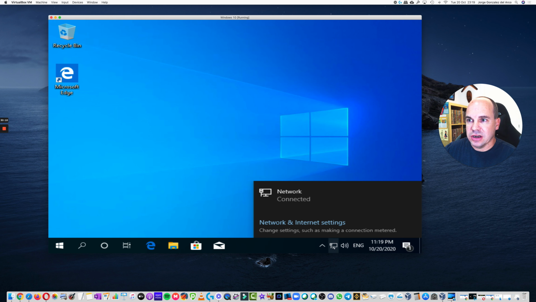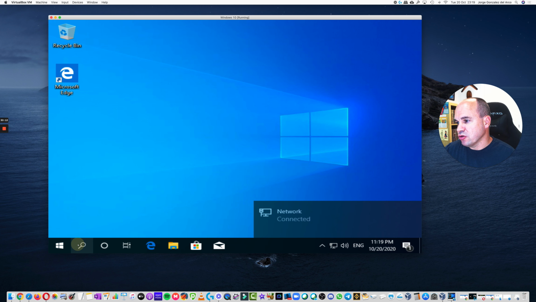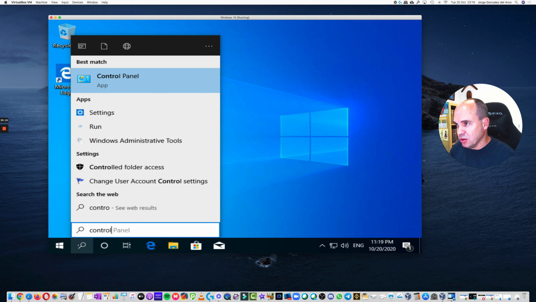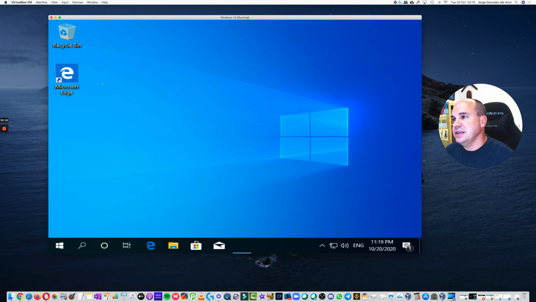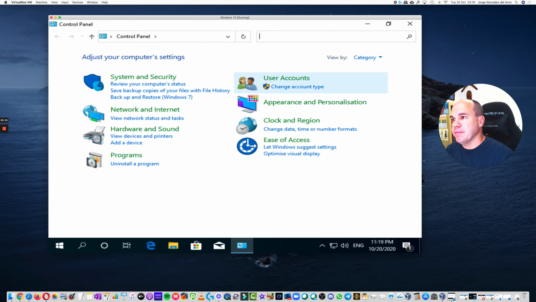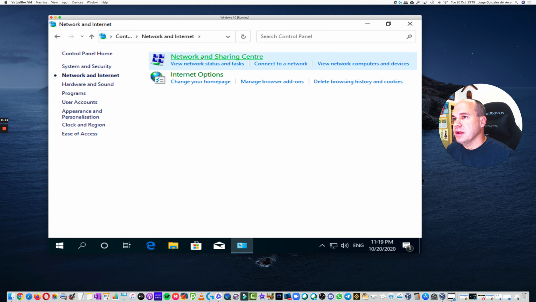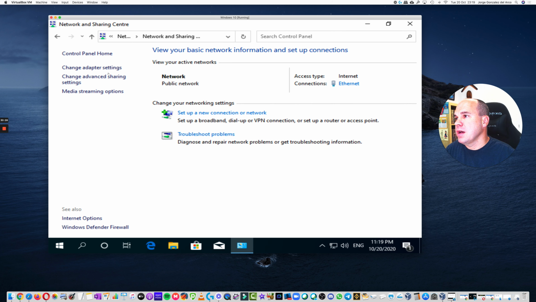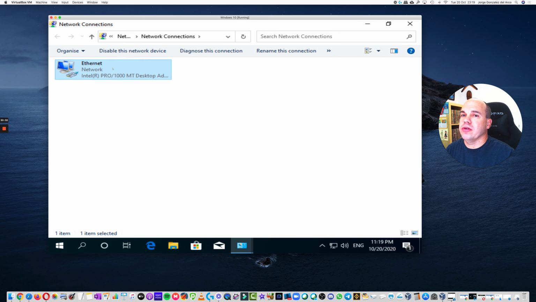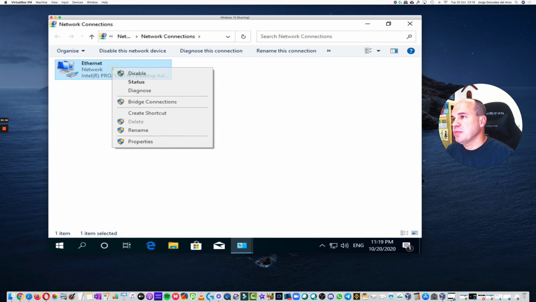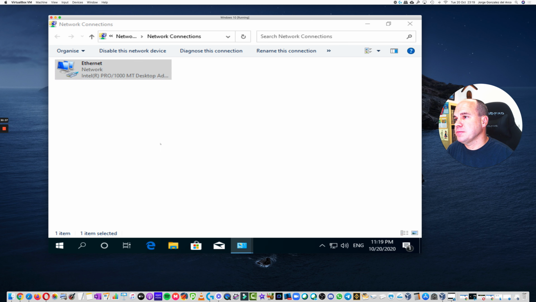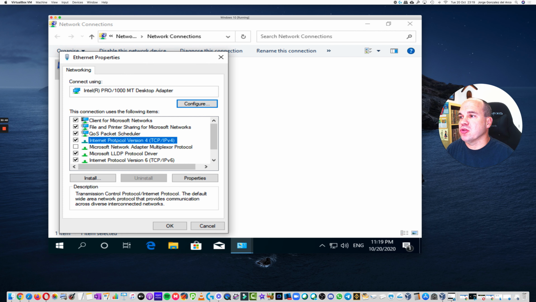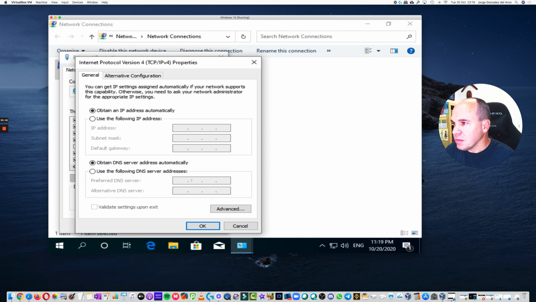So here, if you have a fixed IP, we're going to go to the Control Panel inside Windows in order to change our IP, okay? We go to Network and Internet, Network and Sharing Center, and here on the left, Change adapter settings, and here on your virtual network adapter, you're going to right click, Properties, Internet Protocol Version 4 Properties, and you're going to click Use the following IP address, and you're going to write, for example, if you have a private IP,